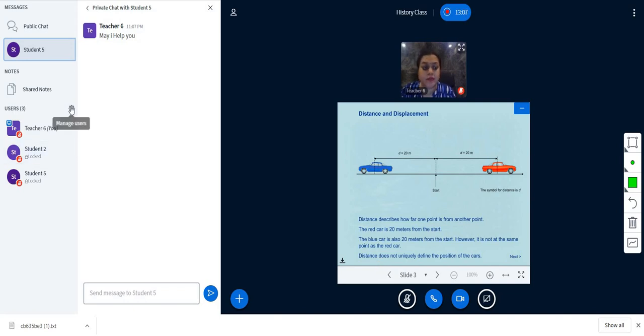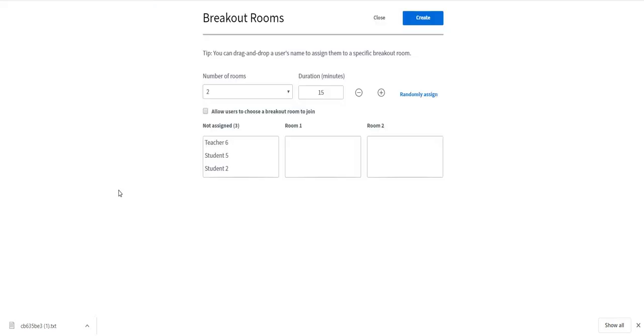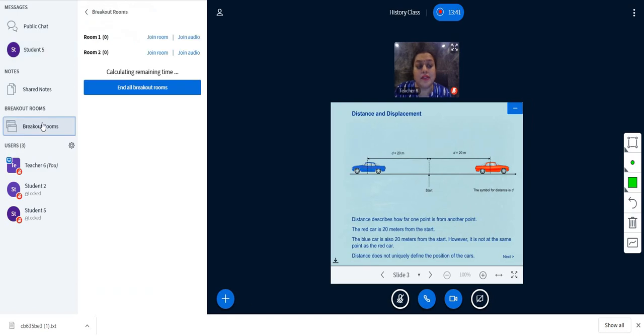The next function that we have got is called create breakout classes. This is generally used when you want to do any activities. So we can create the breakout classes. It can be any number of classes. You can set the duration, maybe 10 minutes that you want, and you can manually shift the students to different classes if you want to do it manually, or if you feel that you want to do it at random, you can click over here, it will be done at random. You click on create, you will have your breakout classes ready.